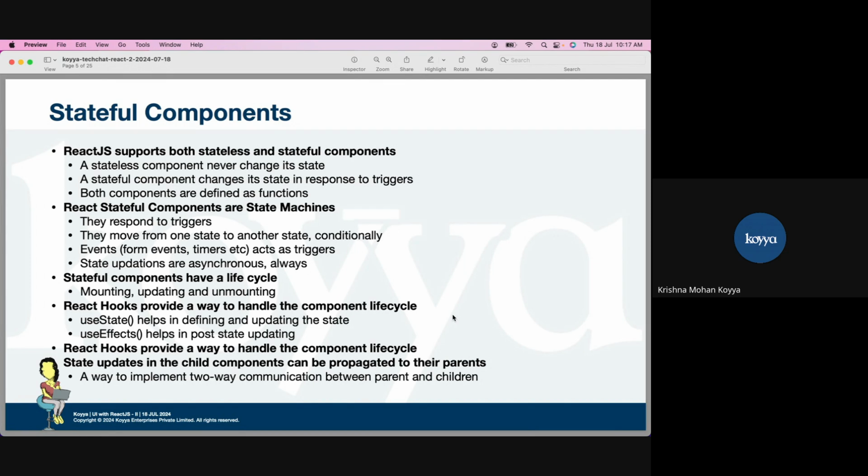As I said already, the state updations happen asynchronously. When state updations are happening asynchronously, you do not know when that state updation would actually finish. But you are interested in doing something immediately after the state updation. Immediately after the state updation, you would like to do something. For example,